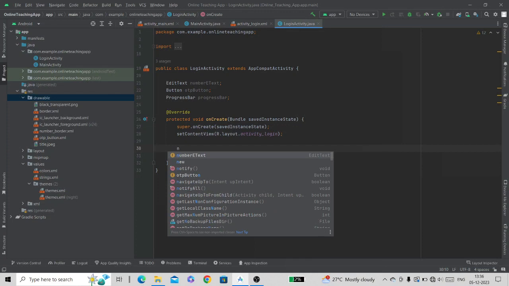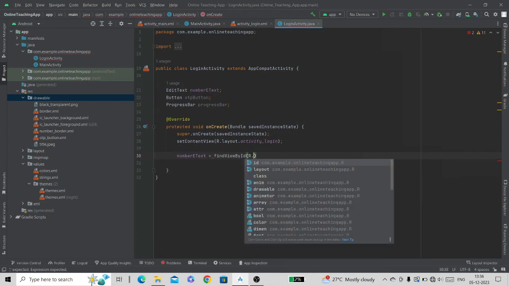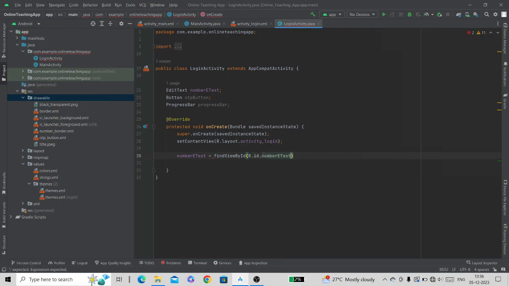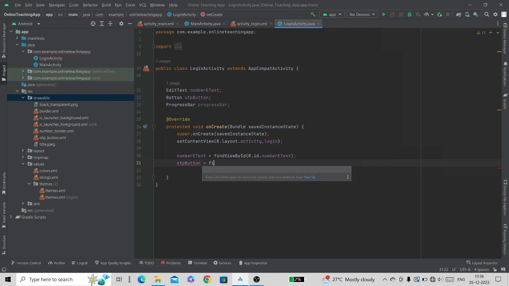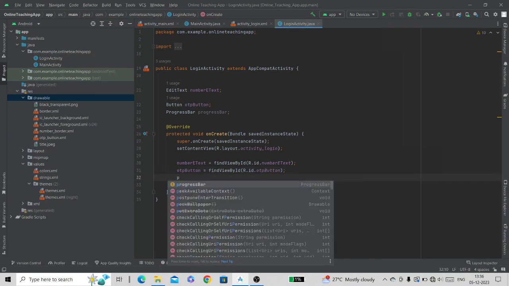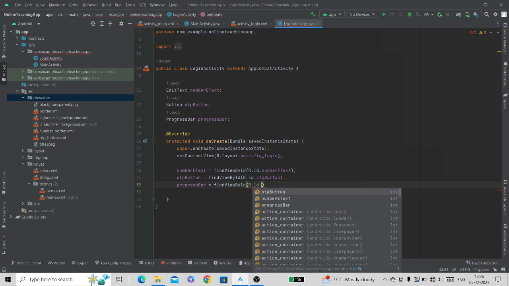Number edit text is equal to find view by ID r.id.number edit text. OTP button is equal to find view by ID r.id.OTP button. Progress bar equal to find view by ID r.id.progress bar.